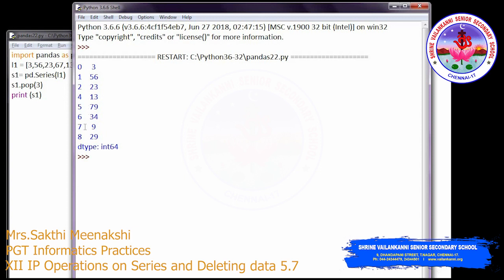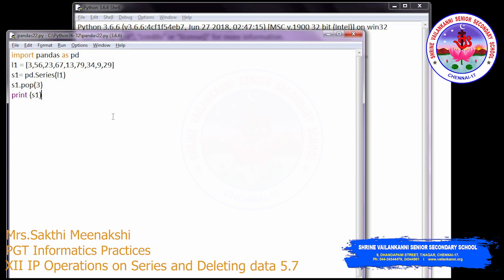So this is the difference between drop and pop. If you are printing in the same line with drop, you will get the result. But if you are printing in the next line, you won't get the result, because drop will not alter the existing series. But the pop method will alter the series and you will get the result in the next print statement.